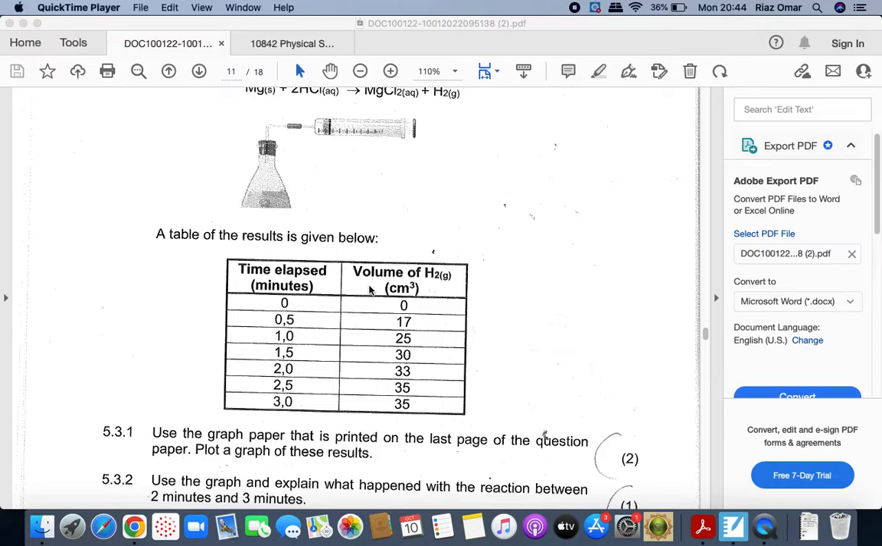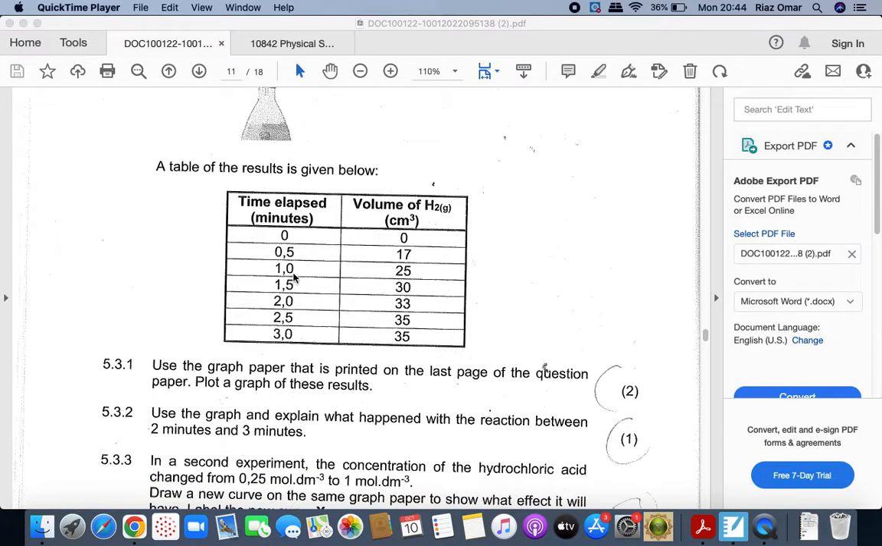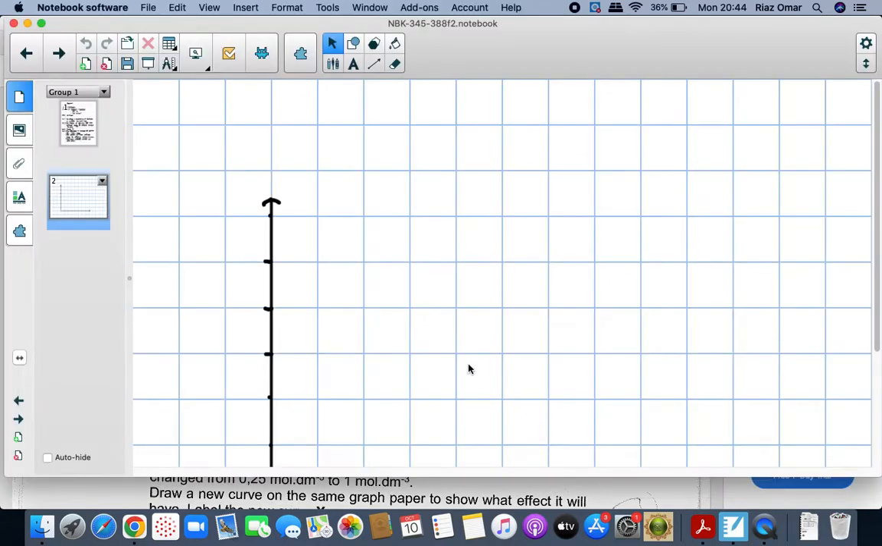Use the graph paper that is printed at the last page of the question paper. Plot a graph of these results. So we should use time and volume. When we draw a graph, we can put in a heading. We must use a heading, and we should use the graph paper at the end of the book. We can say: graph indicating the relationship